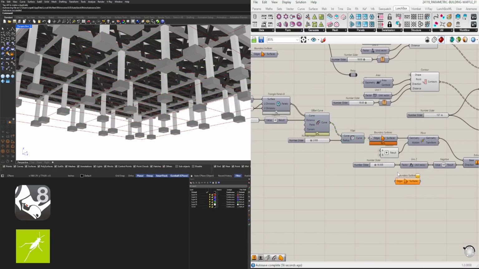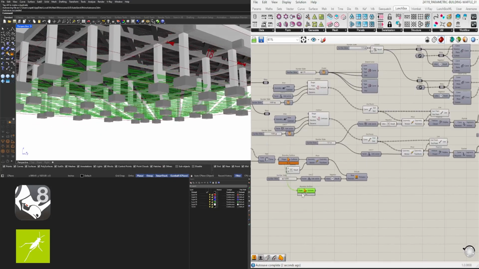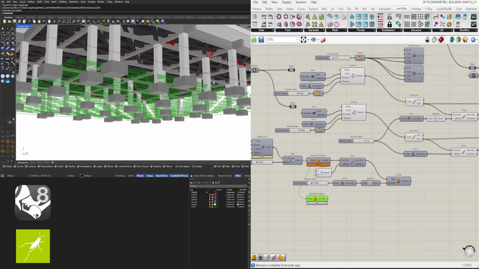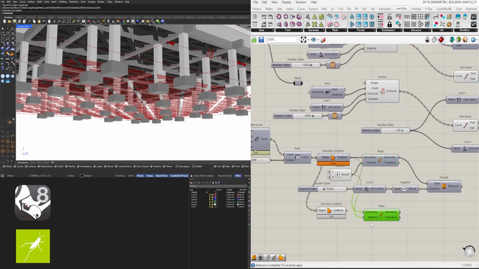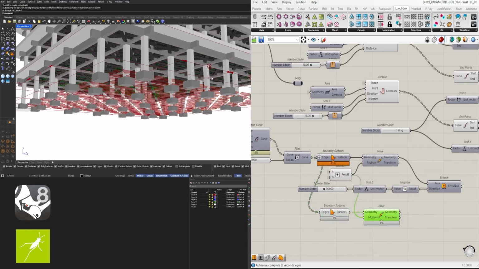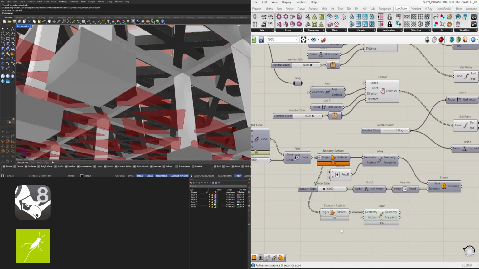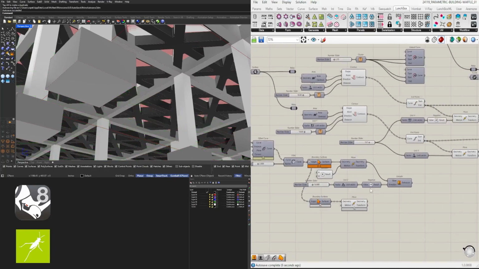So I'll go to boundary surfaces. And what I'll do is I'll move this up again to the top. So using this component, I'll just copy it and use that to bring up those segments. Then I will extrude it down